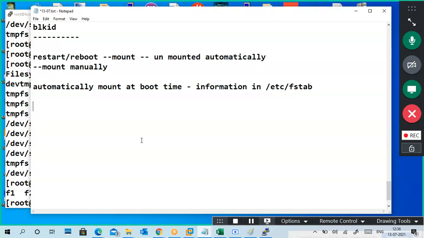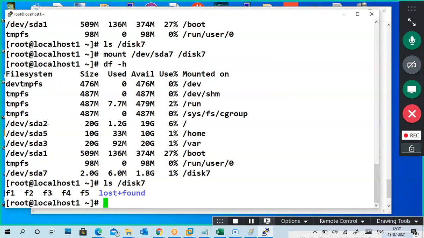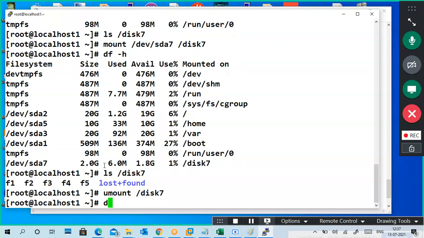So how to specify it in fstab? We have to go to the vi editor, /etc/fstab, and there give the information. First of all, I'm going to umount /disk7. Now df -h.